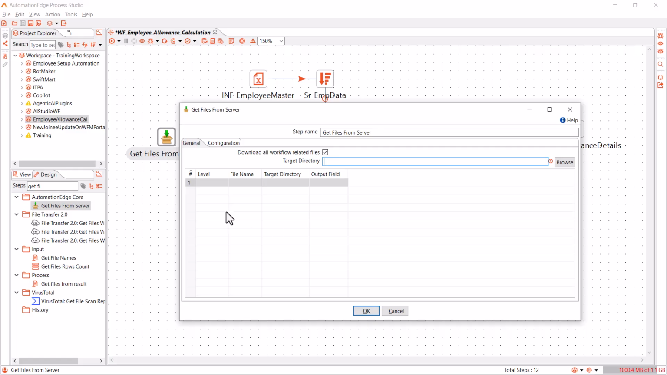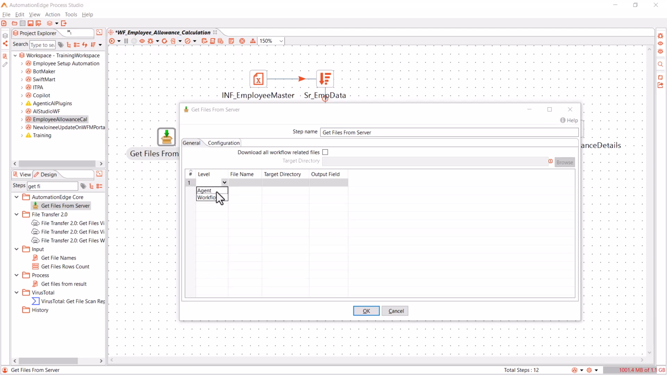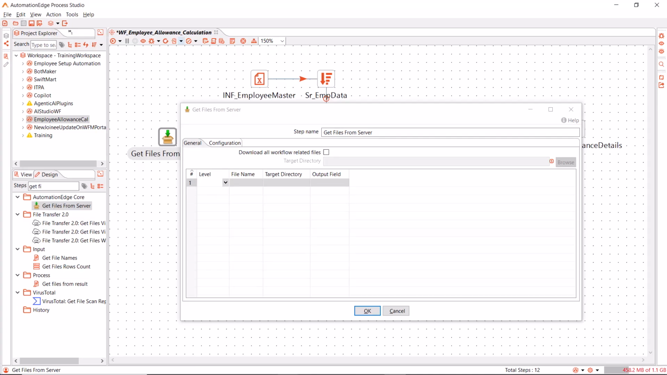For more granular control over individual files, we'll use the table instead of the checkbox. For each file, you'll set three things: the level, the file name, and the target directory. The level can be set to either agent or workflow, depending on what level we have added the file. Then enter the exact file name, including its extension, and specify the target directory, the local path where that specific